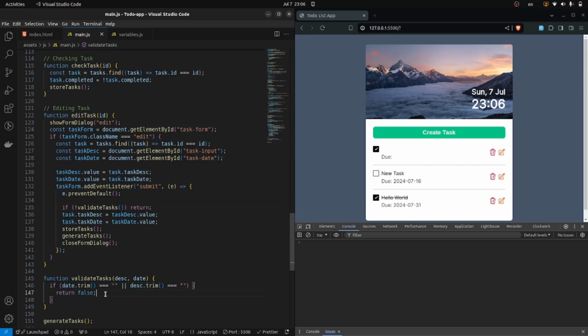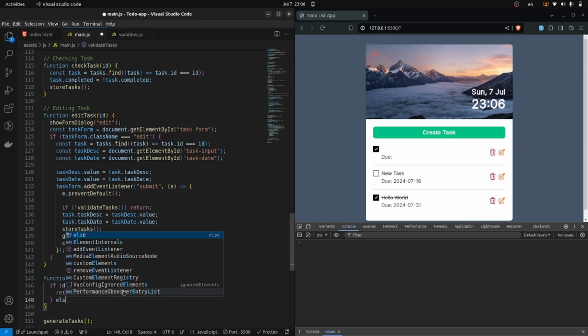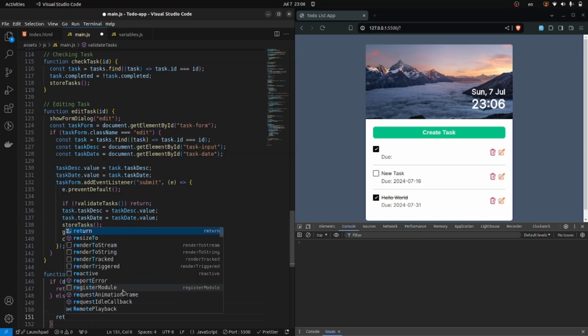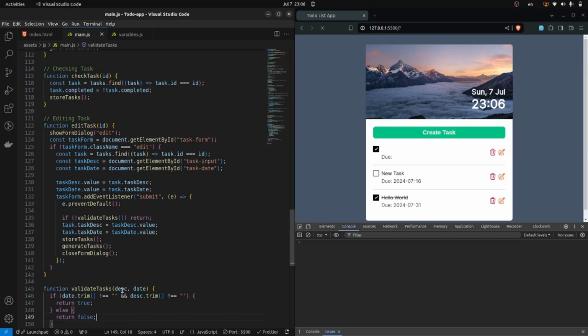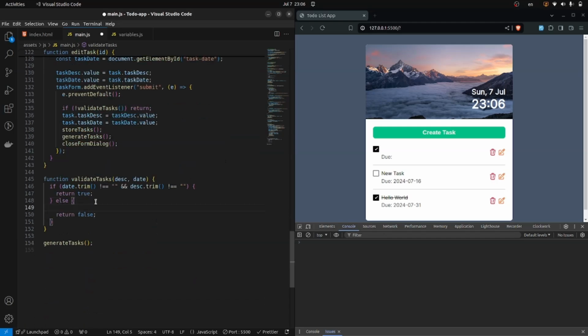Okay, to make it more complicated, let's write it like this. If this does not equal to empty string, and so does not this, and make sure that both of the statements are true, it returns true. Else it should return false. And now let's write the complicated part. If problem is